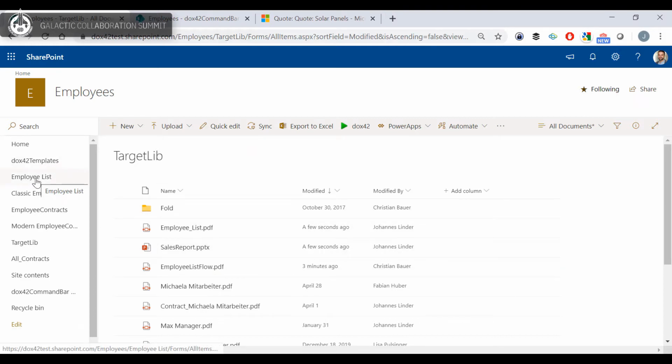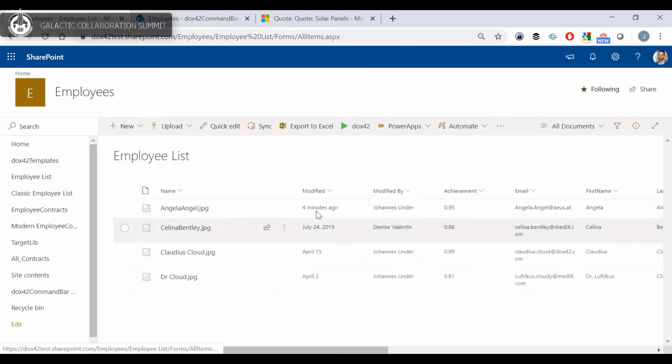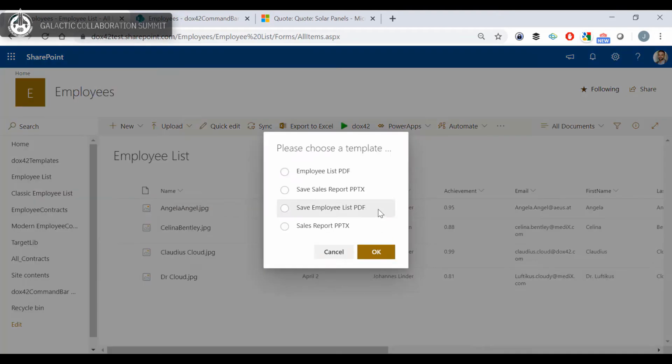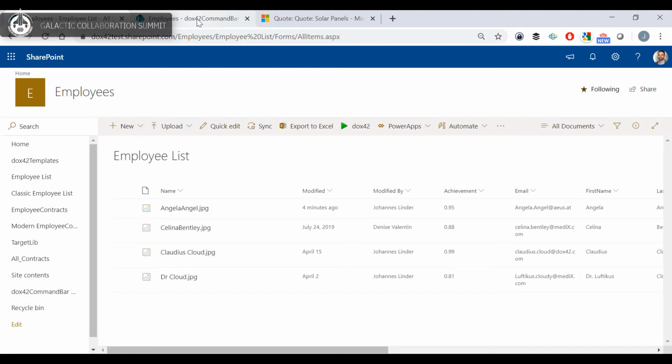Great, let's go back to the employee list once again. And you're probably wondering, how can you configure those buttons? For that, we have a very simple list to do any changes. And if we want, for example, to change this from PDF to docx, the only thing we need to do